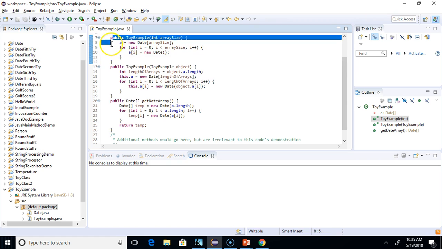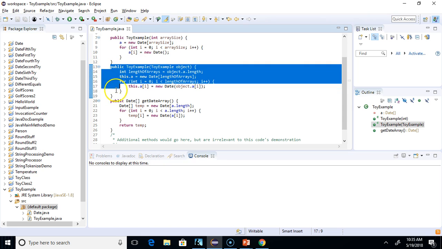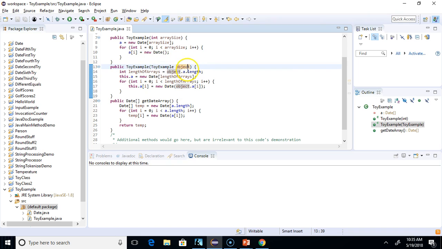You have public ToyExample(int arraySize) { a = new Date[arraySize]; for (int i = 0; i < arraySize; i++) a[i] = new Date(); }. Then you have this constructor right here, public ToyExample(ToyExample object). It sets int lengthOfArrays = object.a.length; this.a = new Date[lengthOfArrays]; for (int i = 0; i < lengthOfArrays; i++) this.a[i] = new Date(object.a[i]);